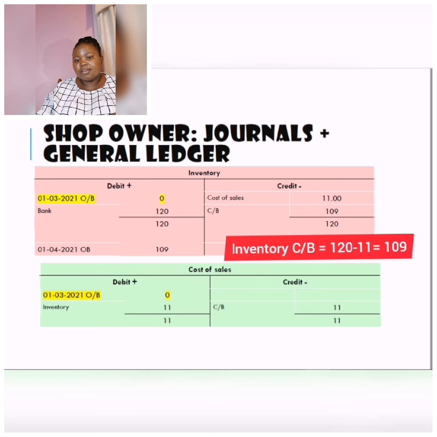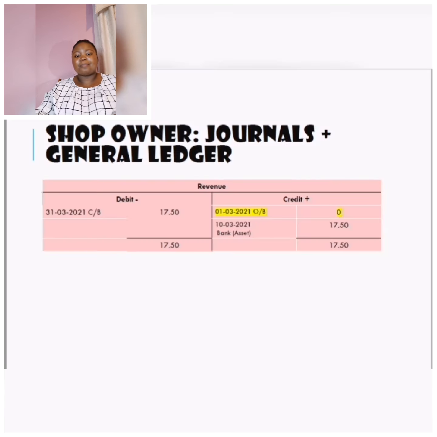Revenue doesn't have an opening balance because it is not a balance sheet account. It is a transaction account. So it doesn't have an opening balance. Revenue does not have an opening balance. Any other income statement account doesn't have an opening balance either. Transactions don't have opening balances. Yeah. So now that we got that,